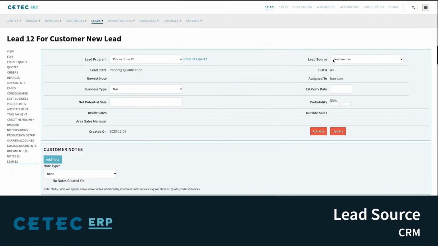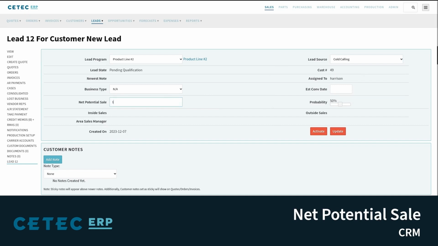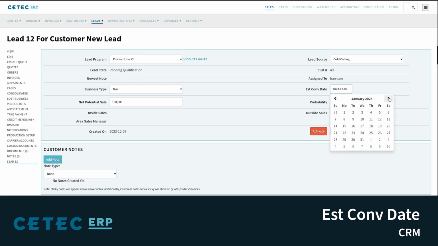From your newly created lead record, assign a lead source, cold calling, for example, and enter a net potential sales for what your sales team decides is representative of revenue impact to your company. For example, what is the monthly or annual revenue impact of gaining this customer? You may also enter an estimated conversion date for when you expect the new account to sign on and begin